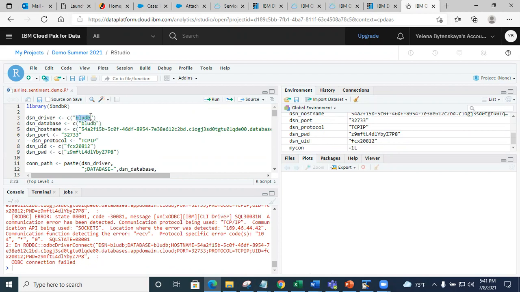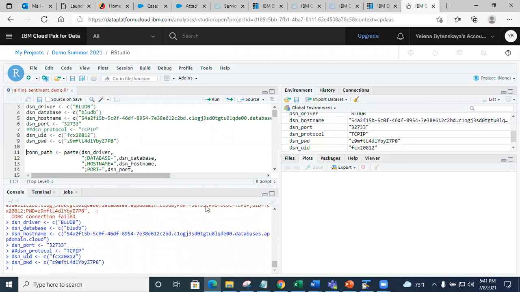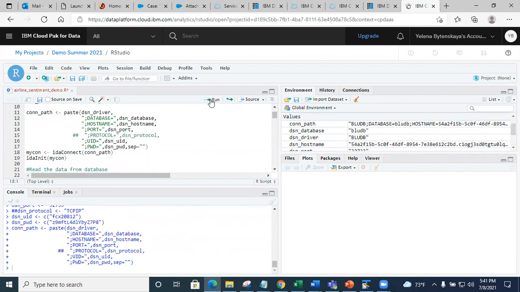And what about the protocol? Yeah, the protocol isn't mentioned anywhere in the credentials. Okay, so I remove it. Okay, let's try it now. Does this work?